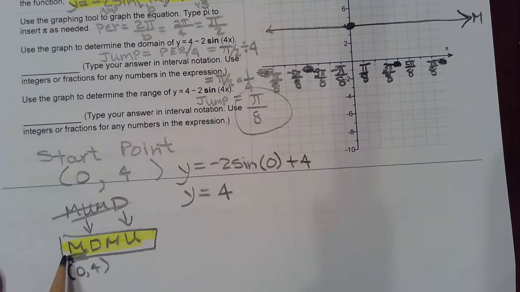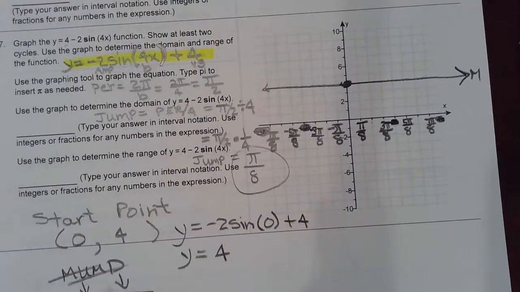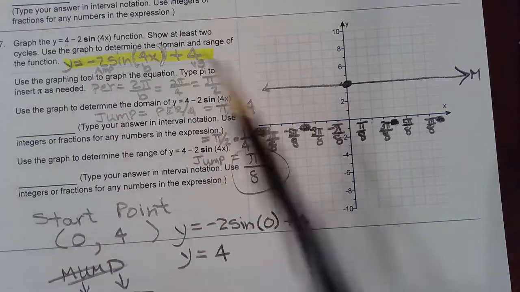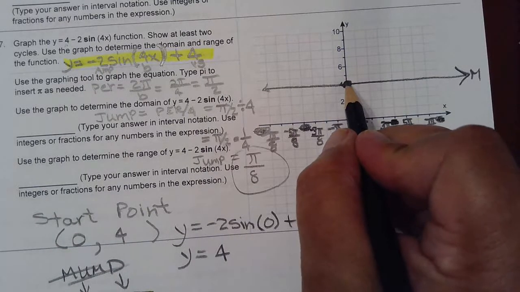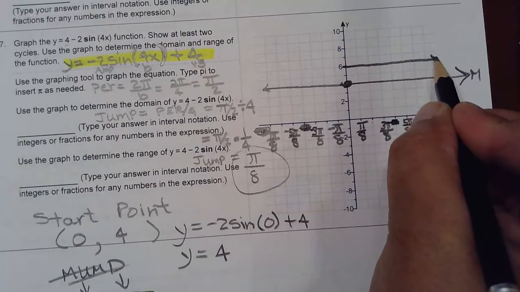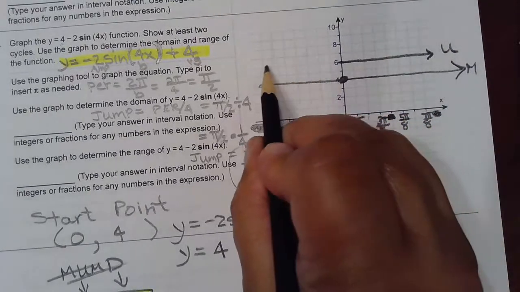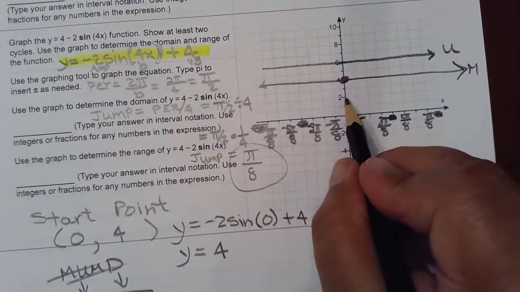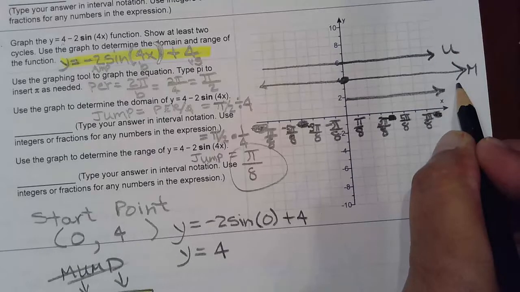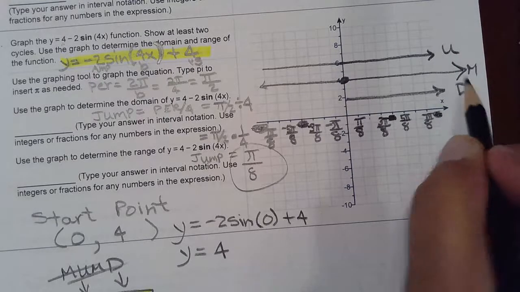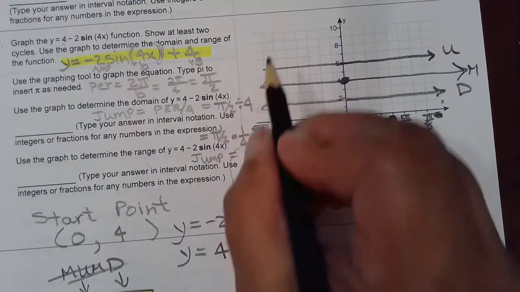Then you can put the other shelves in place. And the shelves are spaced out by whatever the amp is. The amp in this problem is 2. Amp is without the negative. So you're going to go up 2. And then you're going to go down 2. So now I have all 3 shelves in